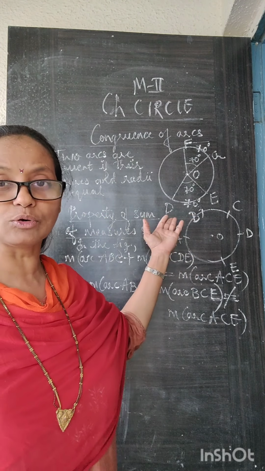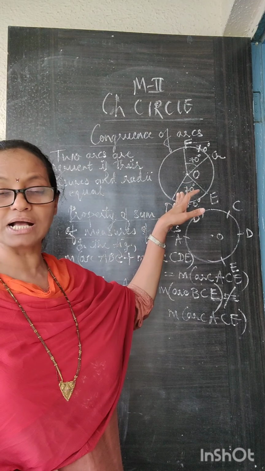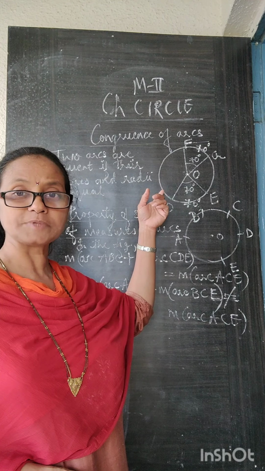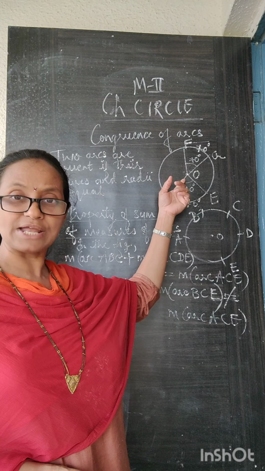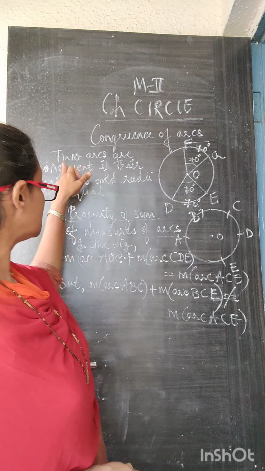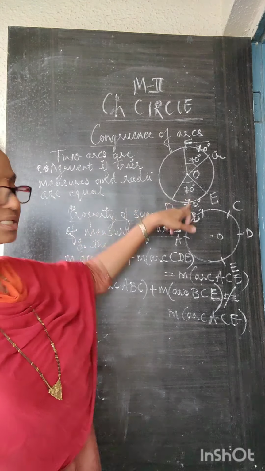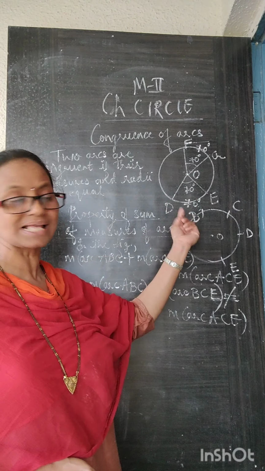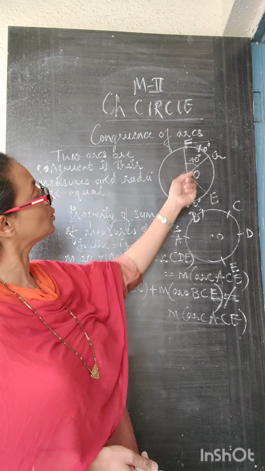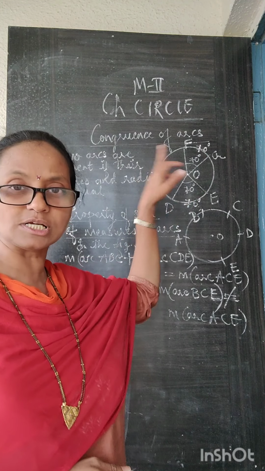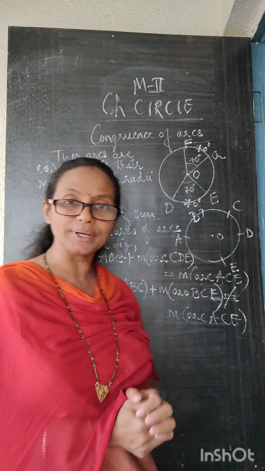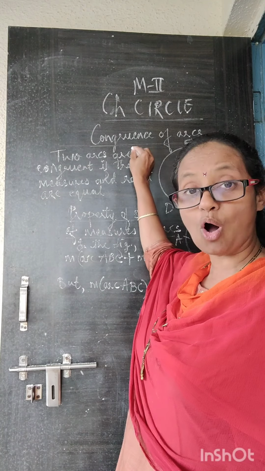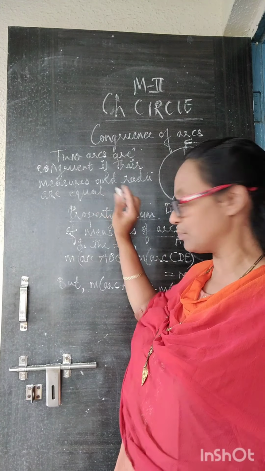So what do you conclude from this? When are the arcs congruent? When they correspond to the same measure of the central angle, or you can say the two arcs are congruent if they have the same measures and the same radii. So 70 degrees, 70 degrees are the measures. OD, OE is congruent to OF, OG because they are radii of the same circle. So the two arcs are congruent when they have the same radii and the same measures. That is all about the congruence of arcs. This is the point you have to remember.